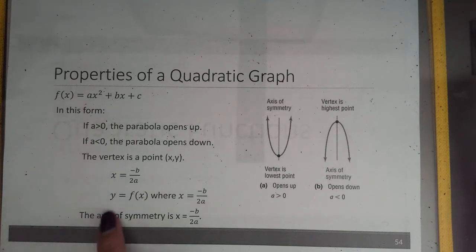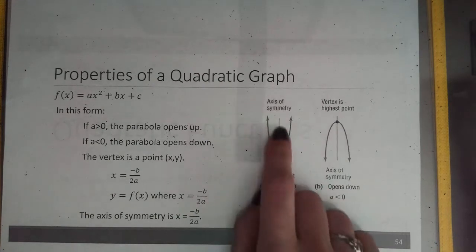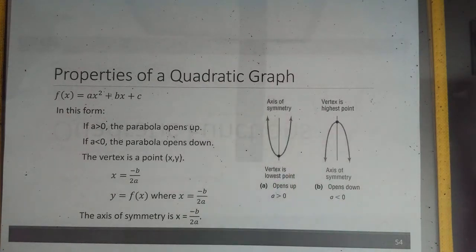To get the y value, we're going to plug that x value into the equation and see what we get out for y. The axis of symmetry is going to be the vertical line that goes through the vertex. Since it's a vertical line, vertical lines have an undefined slope and their equations are x equals a number. Well, the number that it's going to be equal to is the x value of the vertex, that negative b